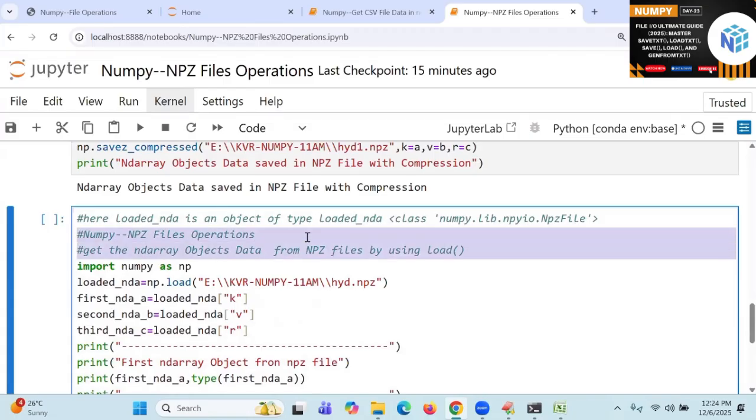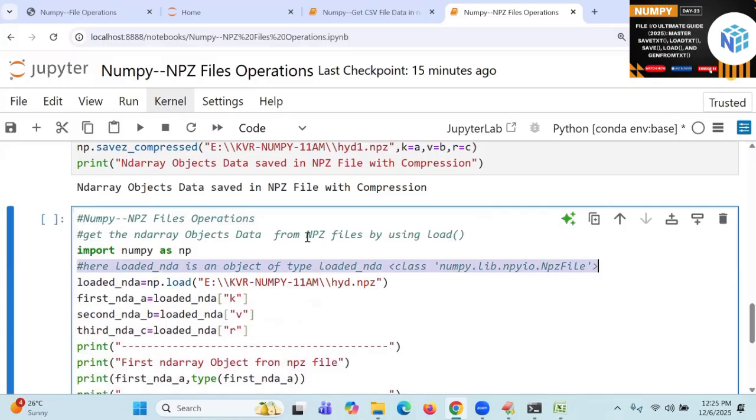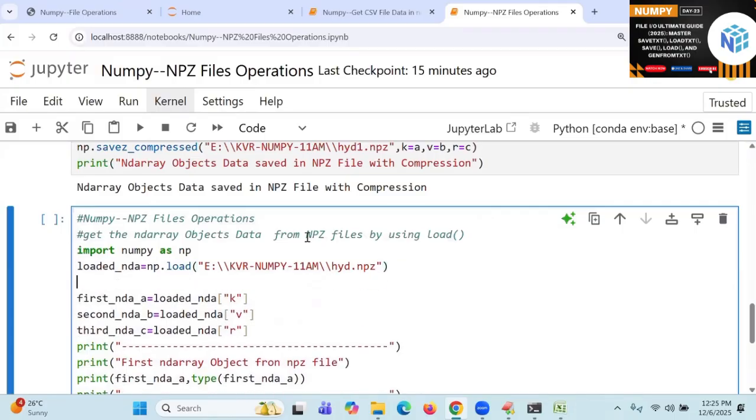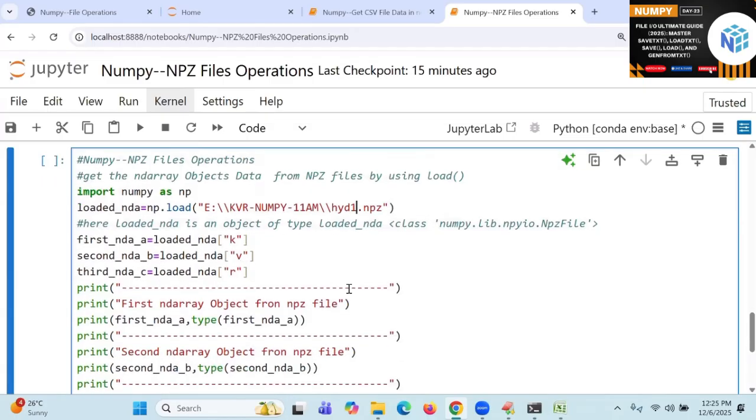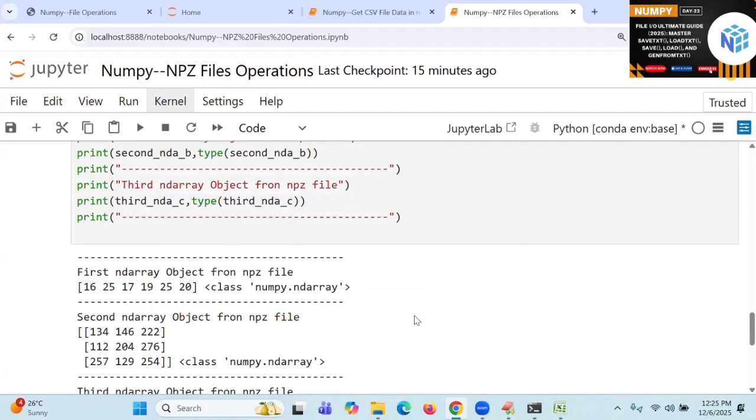The heading I will write on the top of it. Import NumPy on the top of it. Below I will write it. What is this now? hyd1. The same process is going to come. Are you getting it now? So savez and savez_compressed.